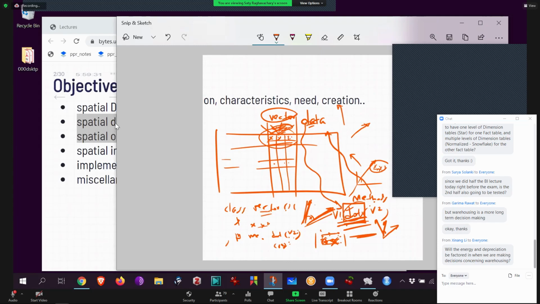That is exactly what we do in spatial. In spatial, I can make a class here called point. I can have two members called latitude and longitude. Now it starts to get pretty interesting. I can make now a point column, and then I can have a name for a point column. The name might be Tommy Trojan, and the point might have a latitude longitude value. I can look at my Google Maps and type exactly where Tommy Trojan is. I can have a name called Levy Library, and I can put in the Levy Library location. I can have a name called CS Department, and I can have an XY for it.